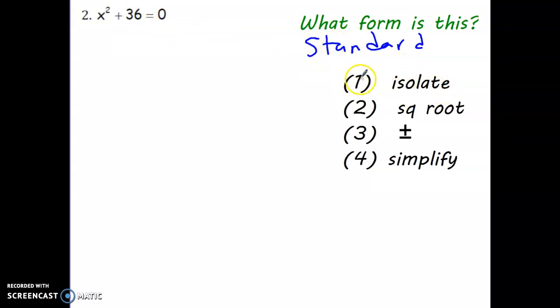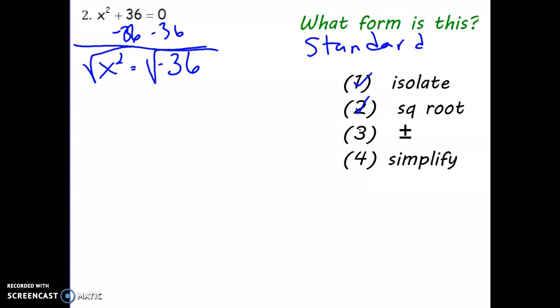So our first task is to isolate the squared term. All right, so let's subtract 36 from both sides. Okay, so I've done that. And now I will take the square root of both sides. When I take the square root, I need to remember to write plus and minus, right? Because I could square something positive or square something negative to get this. So notice on the left-hand side, squared and square root are inverses of one another. They cancel each other out. So what I'm going to have left is just a plain old x